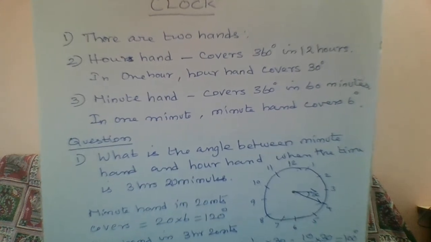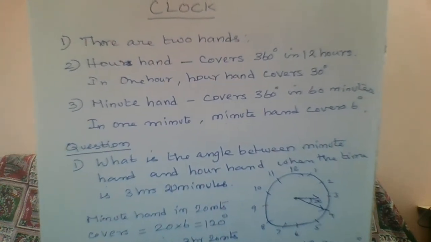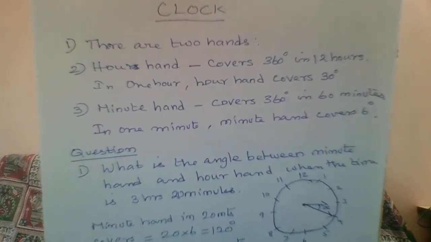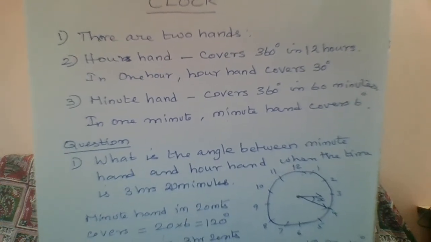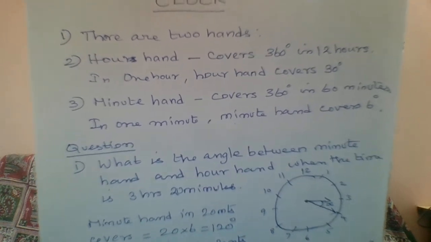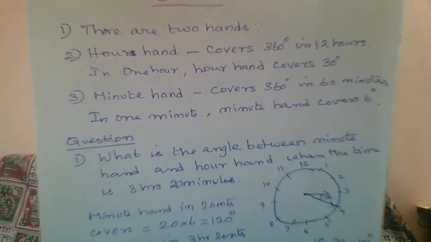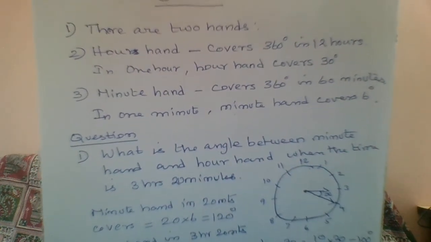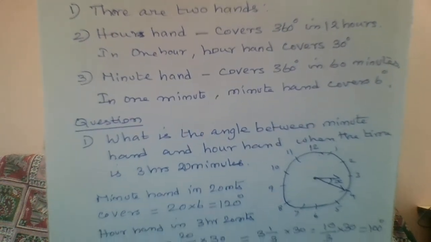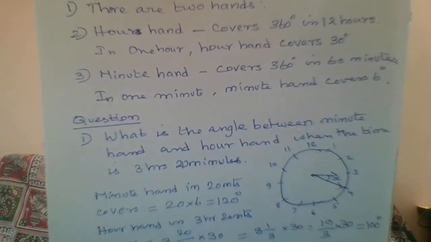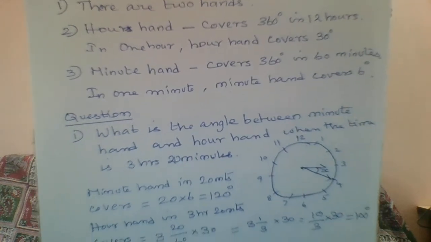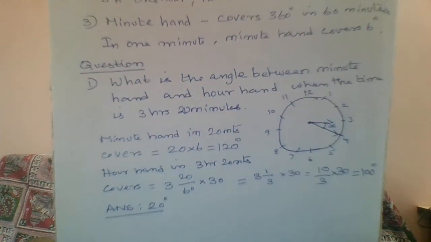Before jumping into the question, let us understand some theory behind this. The hour hand in a clock will make a full circle in 12 hours. That is, it will cover 360 degrees in 12 hours. So from that we can deduce the hour hand will cover a 30 degree angle in 1 hour. The minute hand will cover 360 degrees in 60 minutes. It means it will cover a 6 degree angle in 1 minute. If we know this fundamental, then we can solve any type of problem on clocks.